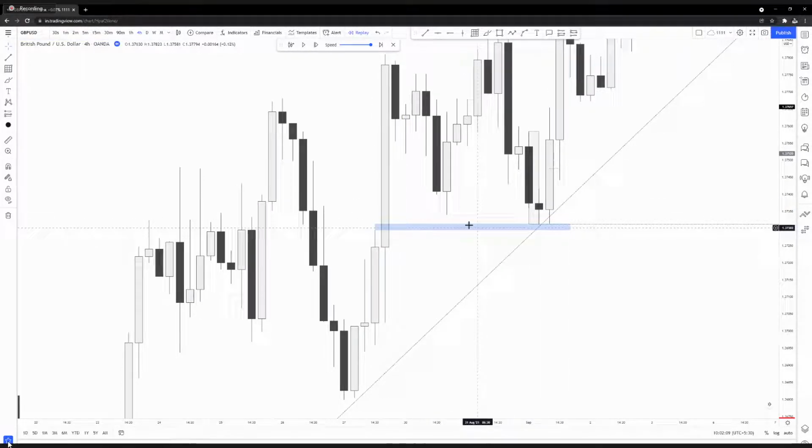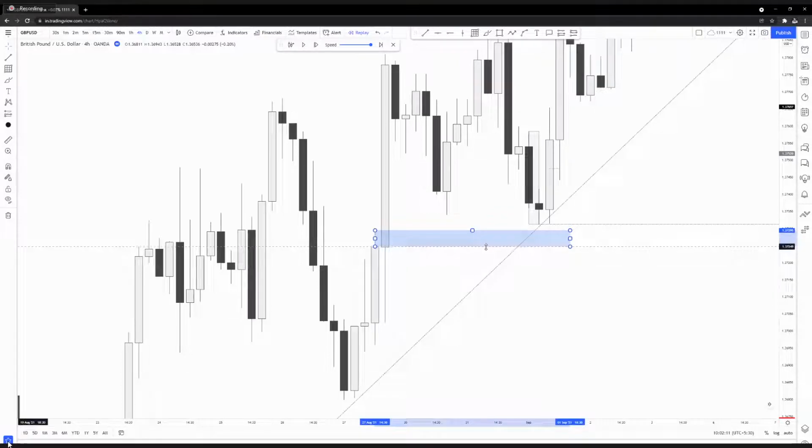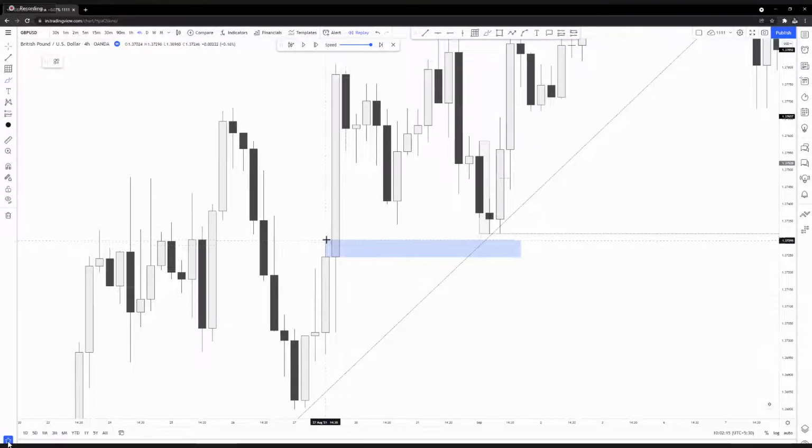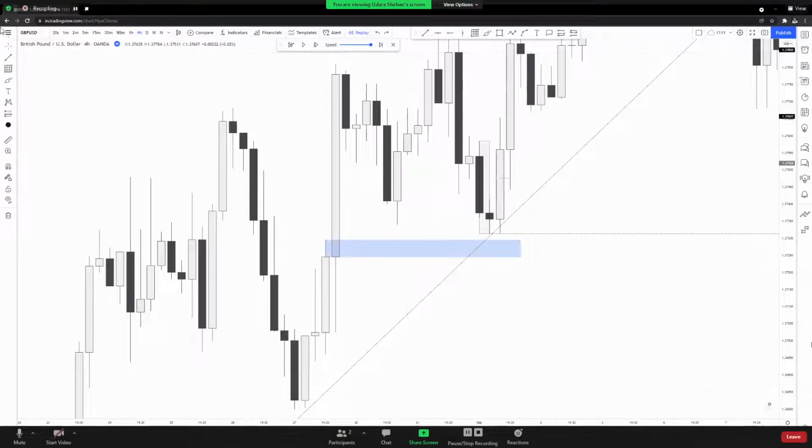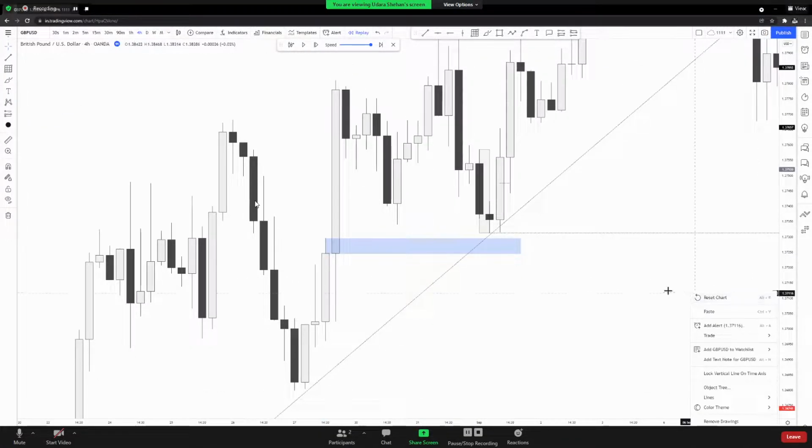So this is how I would personally refine it. I will refine it to this wick. My entry on the imbalance close price action, my stop loss below this wick right here, or at the body of the candle that has the imbalance. This is how I would personally refine it. Can you understand that?